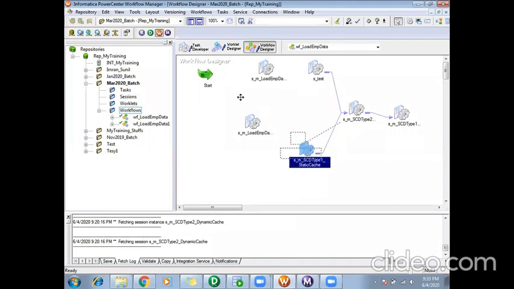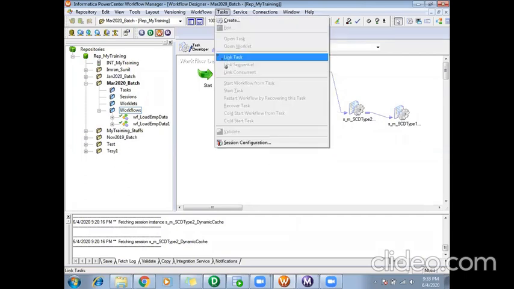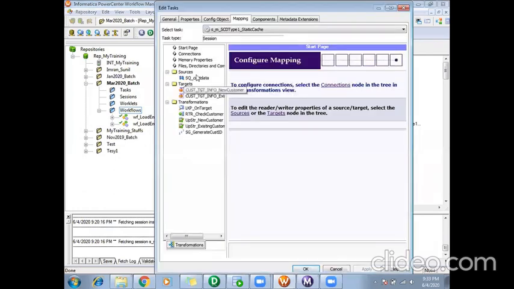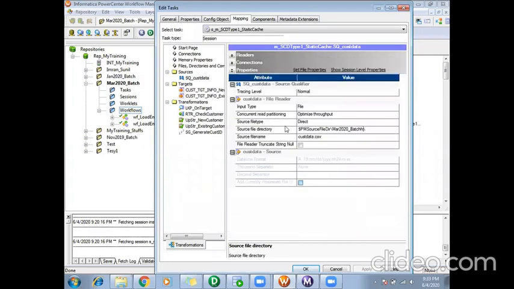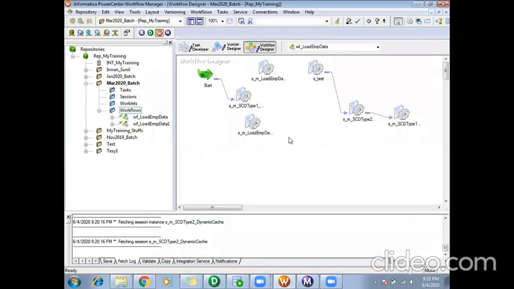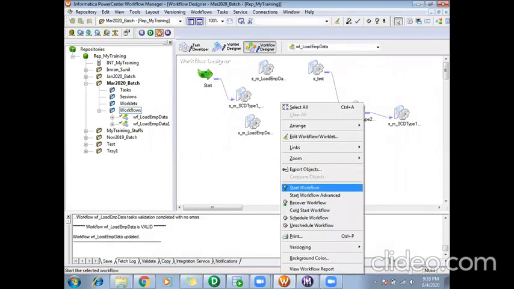Better I take something where I have a file. We'll take this session because it is using a file as a source. I have not enabled the property "Fail parent if this task fails". So I'll go to the Properties section, Mapping. In my source, I'll give the wrong path here so that it is an invalid path.